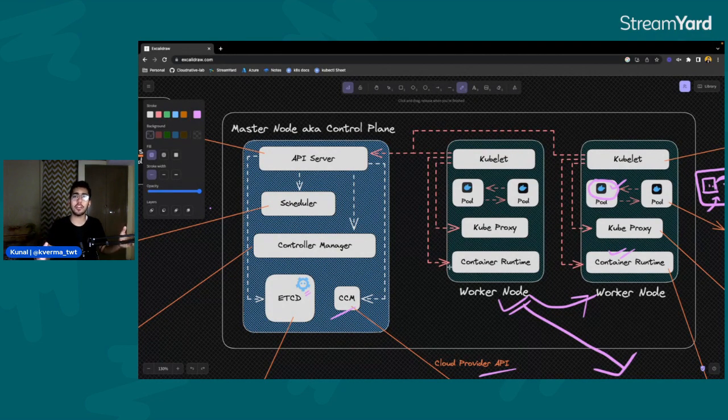So this is, I would say, a nice overview of the whole cluster architecture, the components involved, and how they all communicate with each other. If this is your first time hearing about this, I hope you were able to understand. And if this was something that you already knew, all these components, I hope you learned at least one thing new. That was my main aim here.